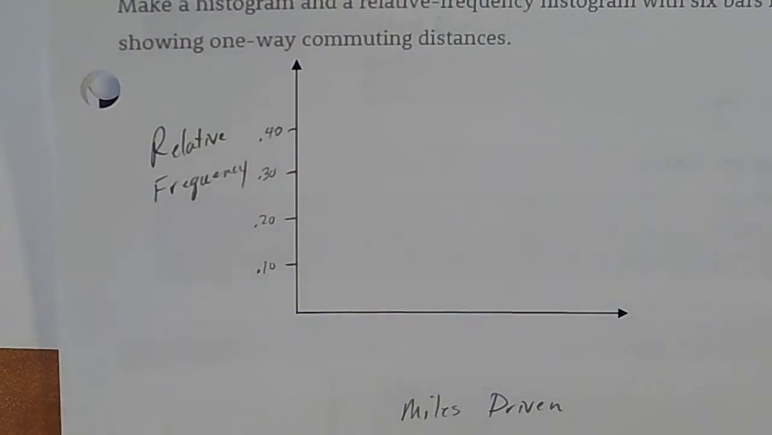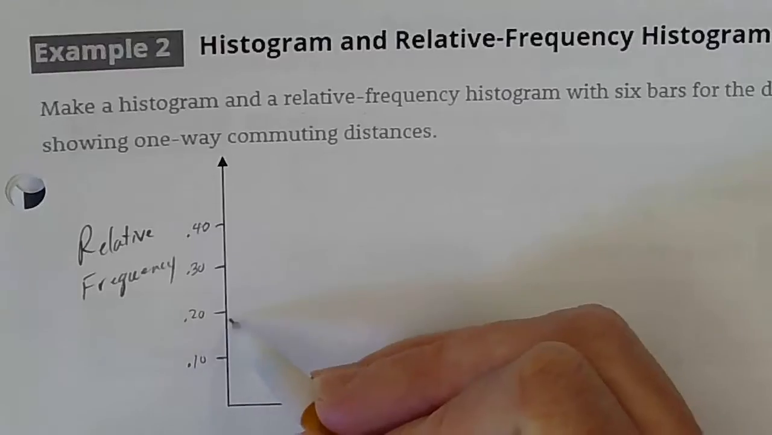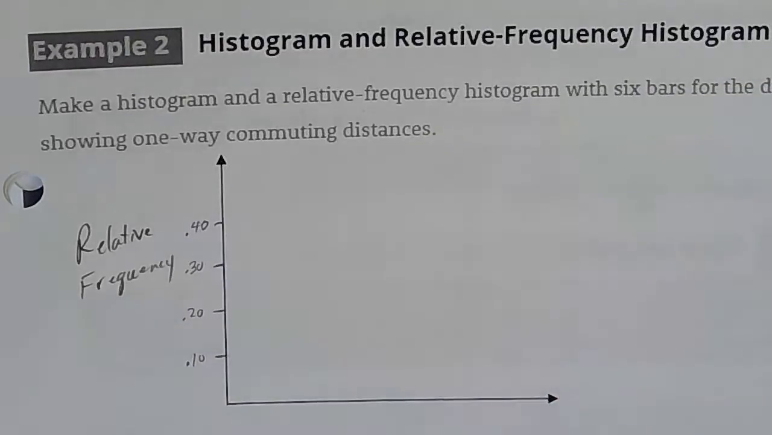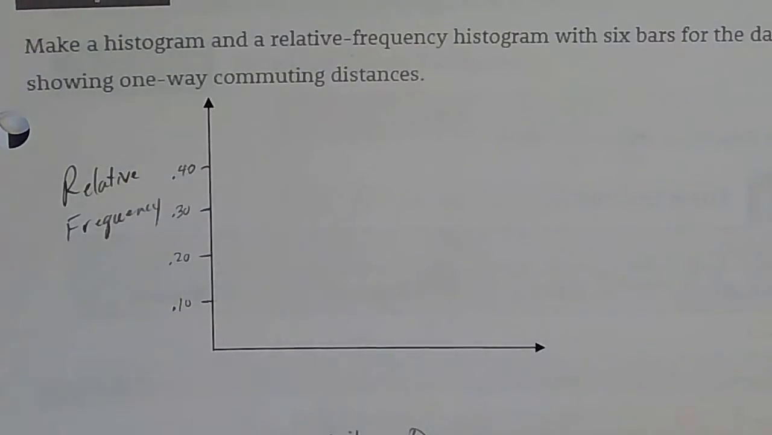Just so we're clear, if it says relative, we do percents. If it just says a frequency histogram, then I'll do the counts. I'll do like 5 miles, 10 miles, or whatever. Create a scale for that. Okay. All right, now on the x-axis,